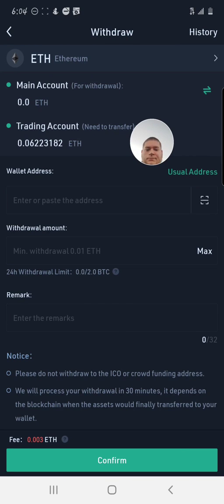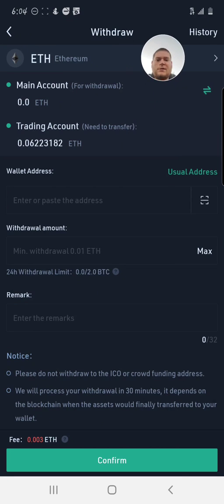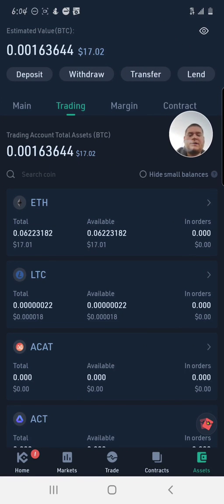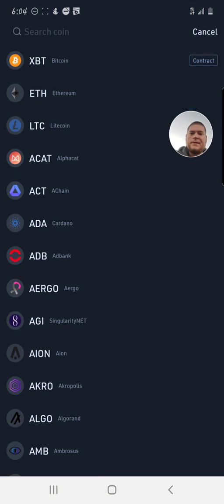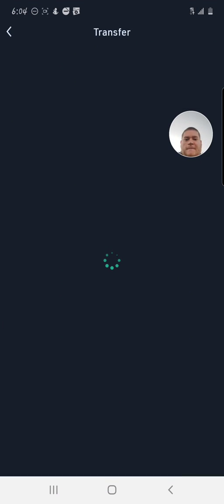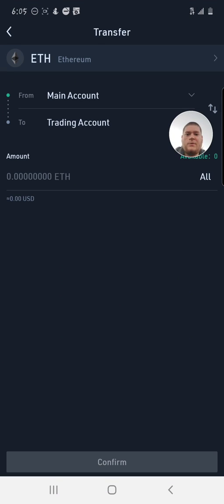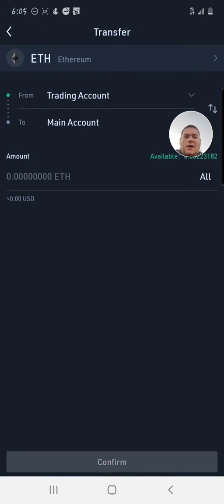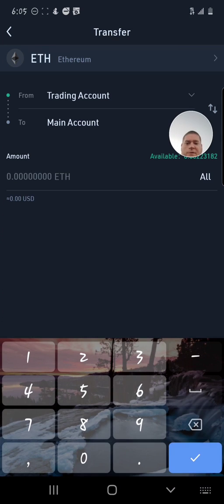Alright, so in this video, we're going to focus on moving what we have here. So let's get our money moved over. To do this, we want to go to transfer, and then we're going to say transfer ETH, and then we're going to transfer from the trading account to the main account, and I'm going to go ahead and transfer